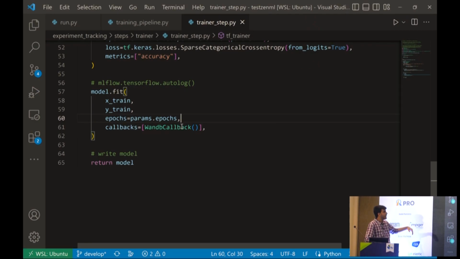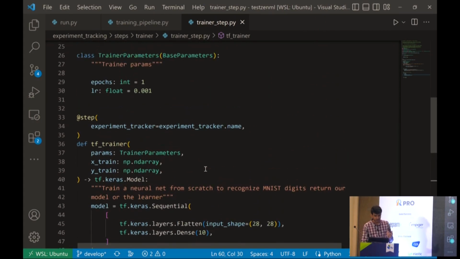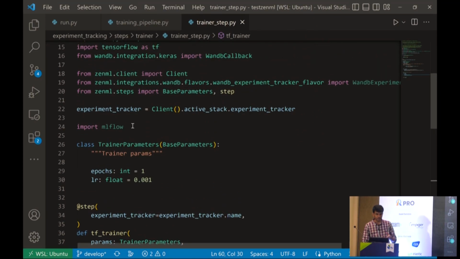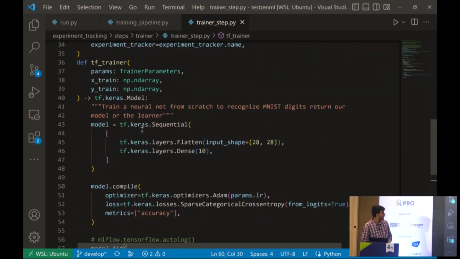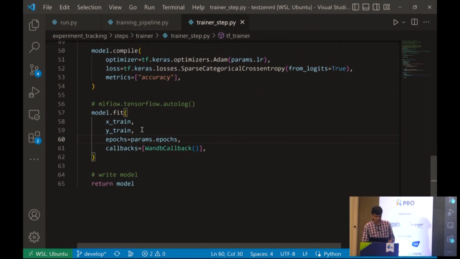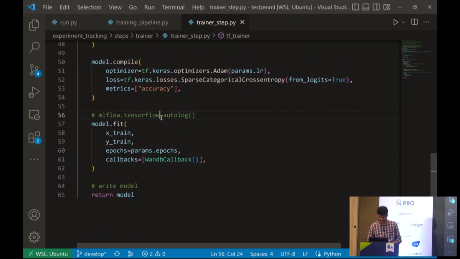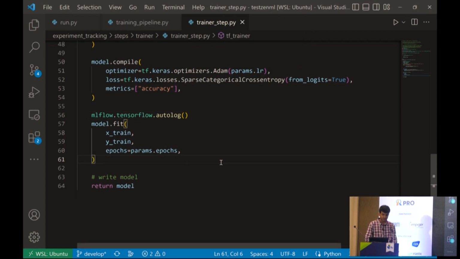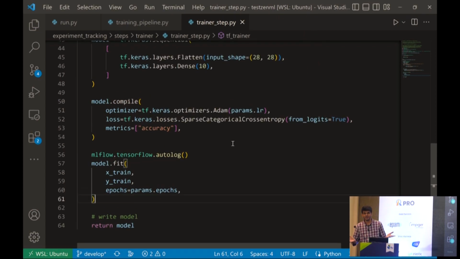This is the idea. Now if I want to switch to MLflow, like if I want to change the stack from Weights and Biases to MLflow, what I'm going to do now is this. I'll import MLflow, it's already there, so I don't have to import it again. And then I'll just go into this section. I'll uncomment this line, which is essentially MLflow tensorflow autolog. So autolog is going to take care of logging all the metrics and parameters itself. That is the only thing I changed. I removed this Weights and Biases reference, since that's gone, and that's it. So now I have moved from Weights and Biases to using MLflow.